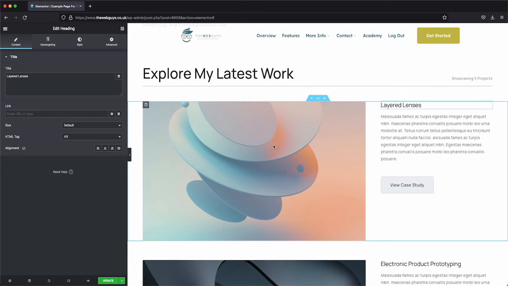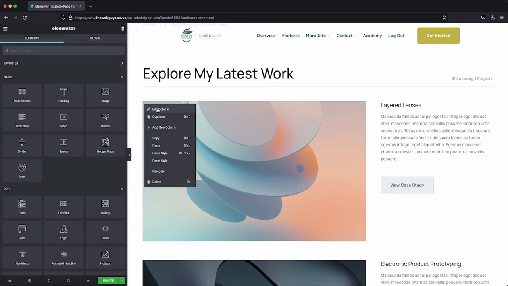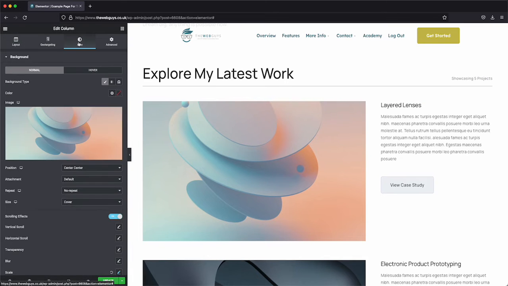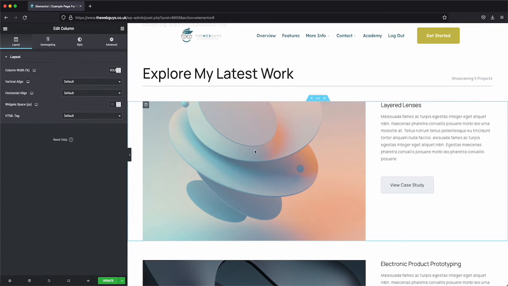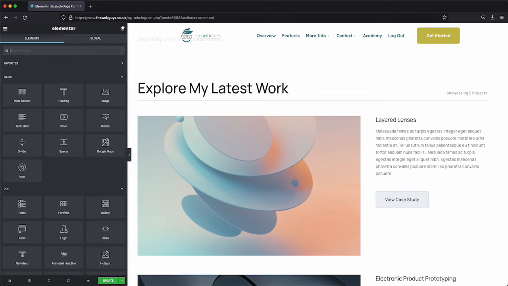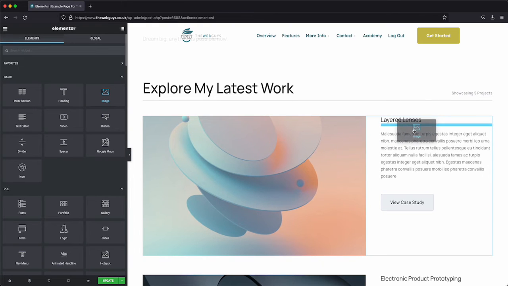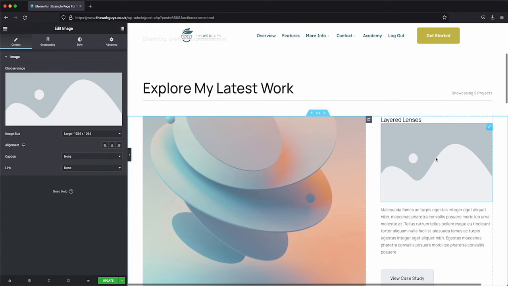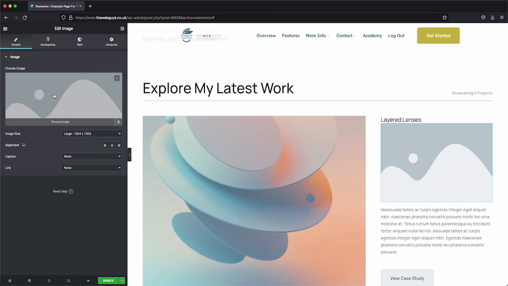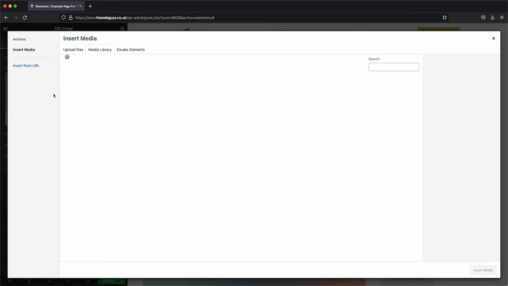This one is an image block, so if I click on this, actually it appears to be a background image, so it's possibly not a good example. It's not a terribly good example. I'm going to drag a new image block in so you can see how that works. So let's just drag a new image block in from the bar there. I'm going to put it under my title there, and you can see it gives a sort of dummy image picture. To edit an image block, you click on the image in the editing bar, and that brings up the